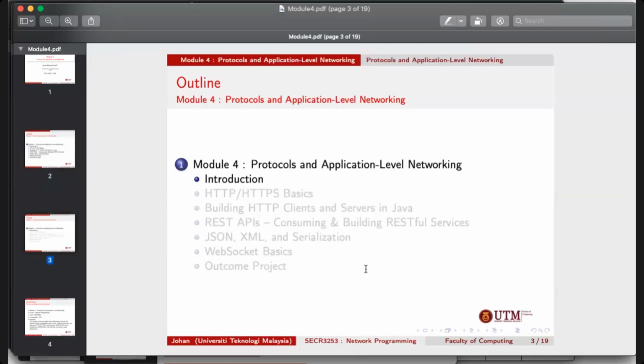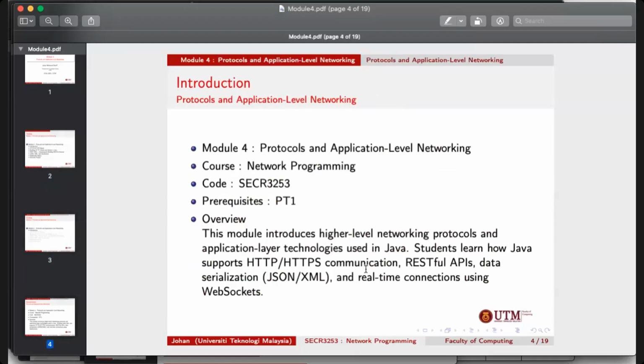Okay, introduction. As usual, the prerequisite is Programming Technique 1. So this is the code of this subject. A little bit of overview: this module introduces some high-level networking protocols. Compared to the previous one, which was without the web, at a high level we go for the web version. We are using a web browser to develop any